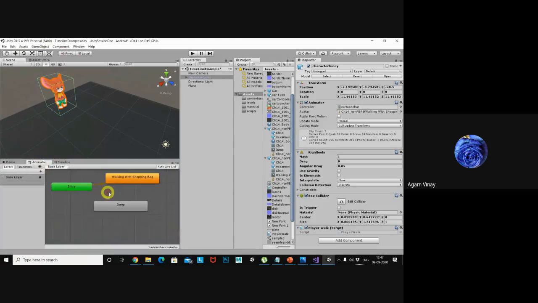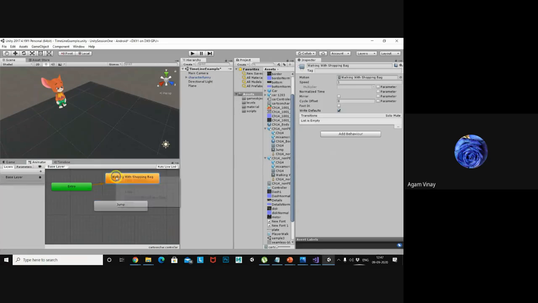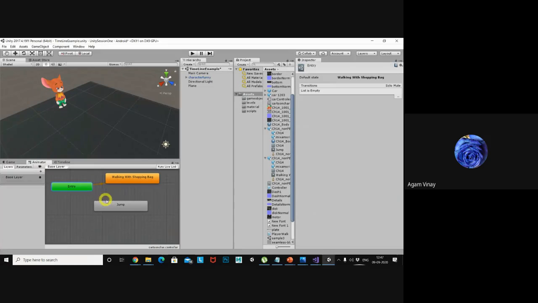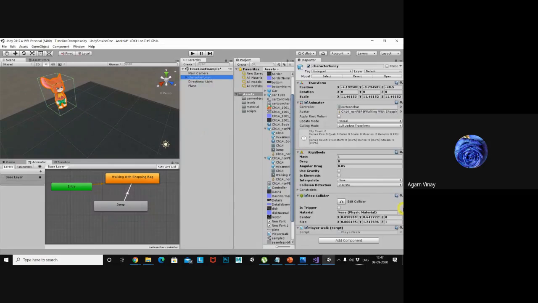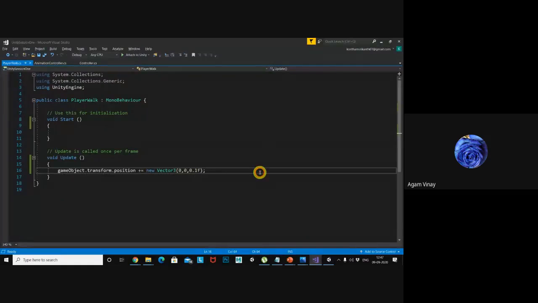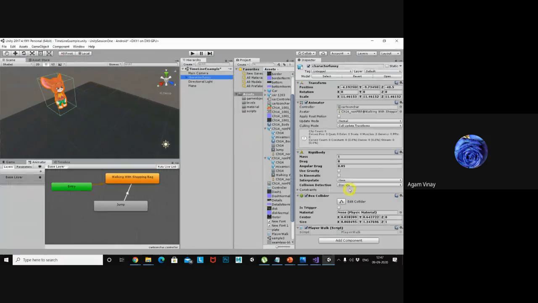Okay, now I will say it's a jump, and I will get the transition like this. So whenever jump happens, automatically walk should happen. Okay, but I need to play this jump whenever I give an input, based on that the character needs to jump. Okay, so what should I do here? I will check with this one. The script is attached to player, so I just get the component of animator.